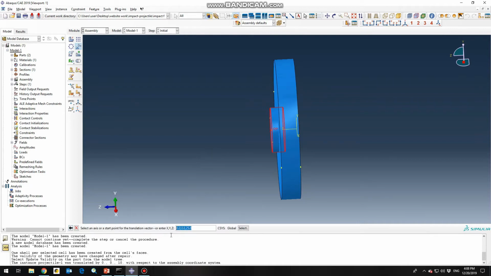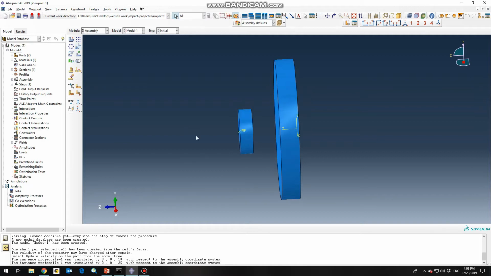Oh no, this should be 0, and the endpoint would be 25 millimeter. Yeah, that's right. And click OK. So now we assembled our two parts and translated the